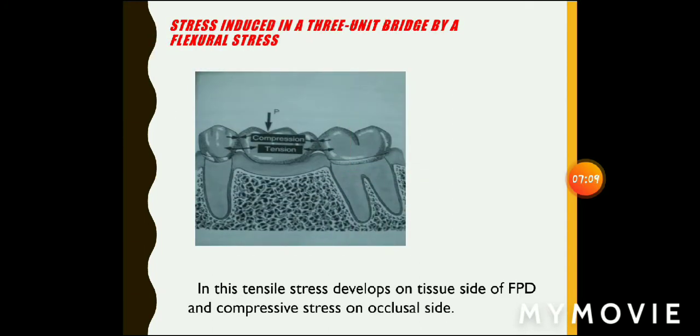For time's sake, a 3-unit bridge is when a missing tooth is supported by a natural tooth on either side. When a missing tooth is supported by only one-sided adjacent tooth, it is called a cantilever. In a 3-unit bridge, there will be compressive forces acting on the occlusal side and tensional forces acting on the lower side. That will keep the prosthetic tooth in position. Similarly, in a cantilever, it is vice versa. The tensional forces will be on the occlusal side and compressive forces on the gingival side. So there is a combination of forces acting here. This is the best example for flexural forces.